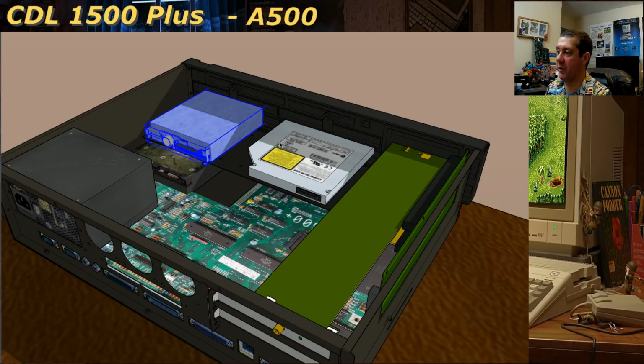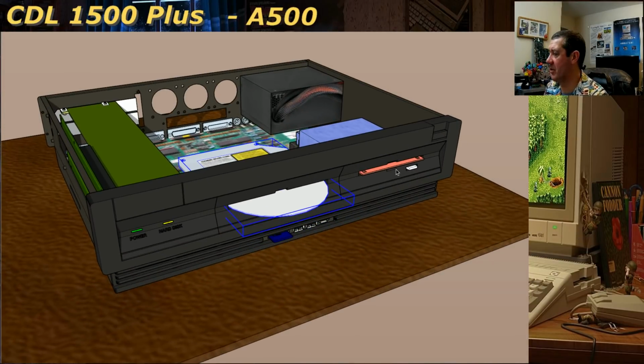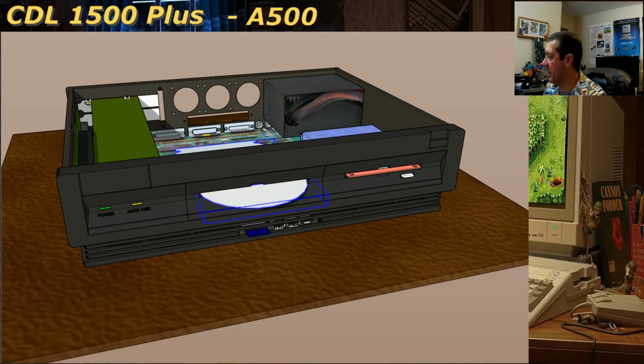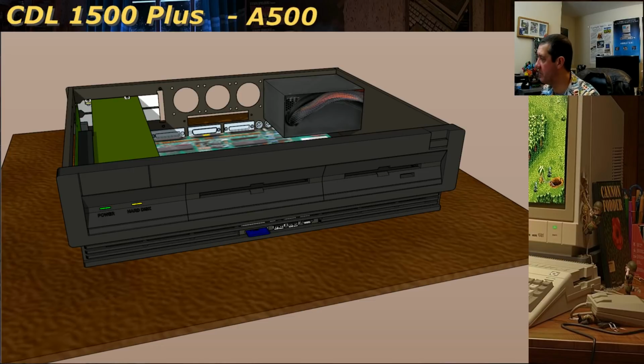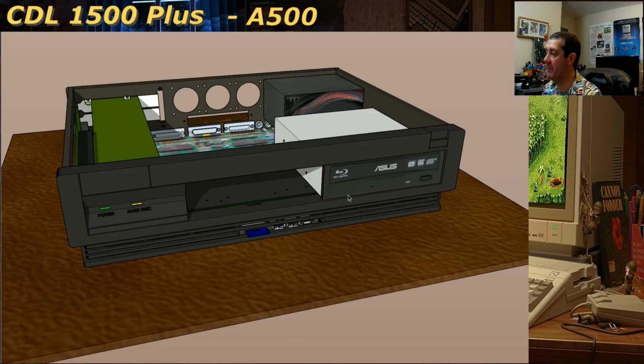So I've got the Amiga floppy disk, a DVD. Now again, depending on what you're going to put in here. So if we go for the front, we've got the slot card. There's the floppy disk. Okay, but I can turn these off and swap these around again. So I think a lot of people may well do along the lines of this. So if I turn these off and turn off the floppy. Okay, so what a lot of people probably want to do is stick in, for example, if I can find it, there we go, stick in the drive. Now, let me just, before I show you the next part,